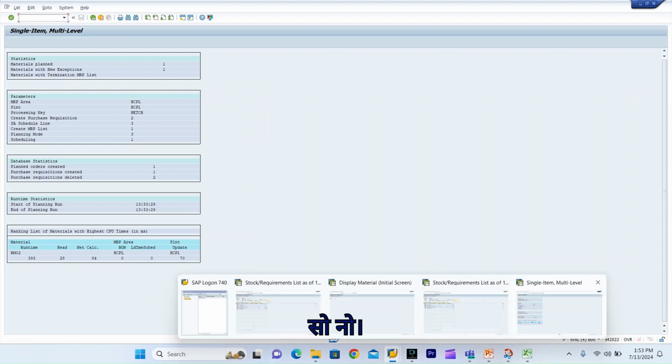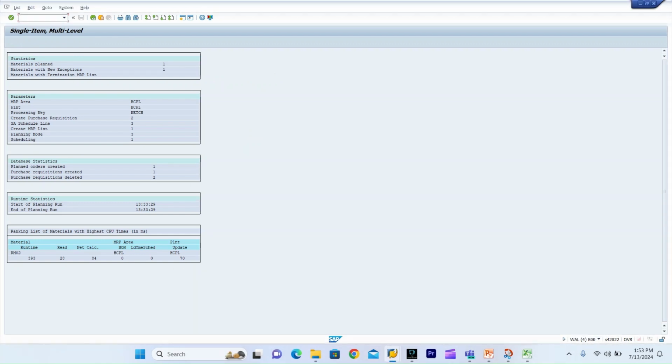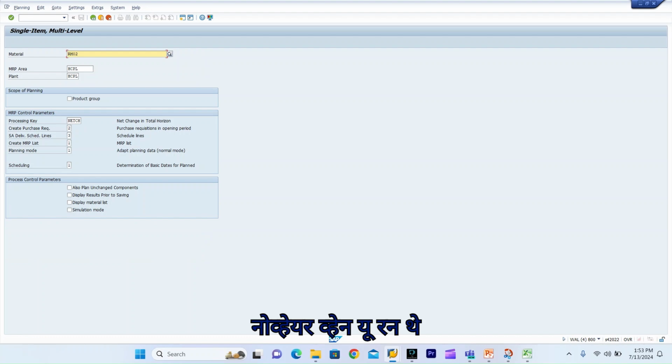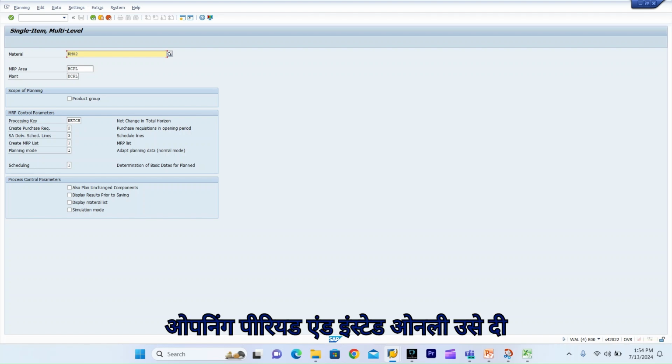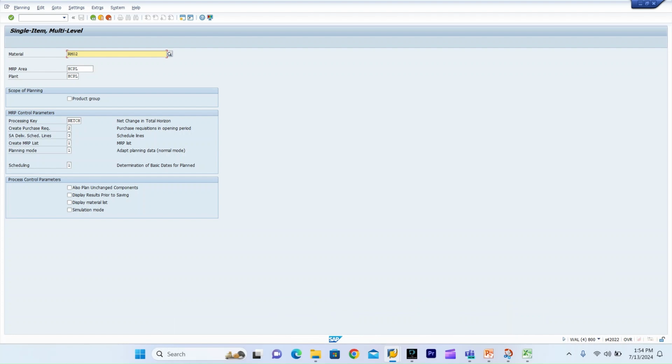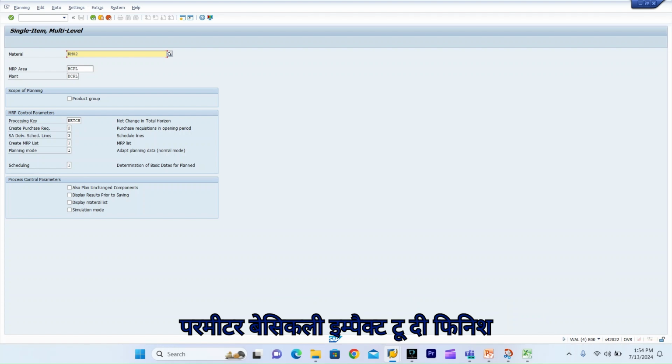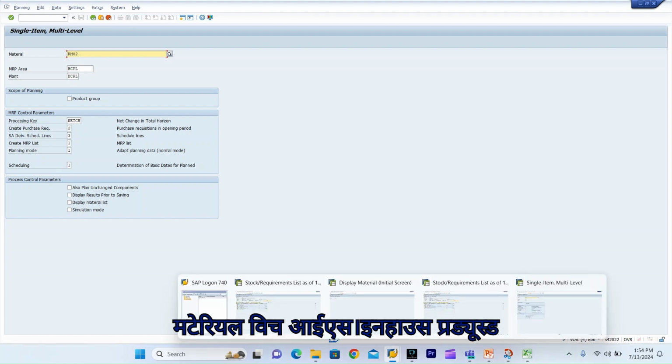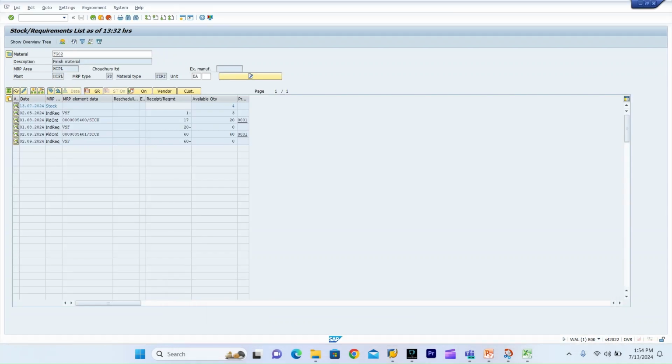So now here, when you run the MRP, we use the purchase opening period, and in scheduling we use the determination of basic data for plan order. Okay. So this parameter basically will impact the finished material, which is the in-house produced material. Okay. So if I go to the finished material,